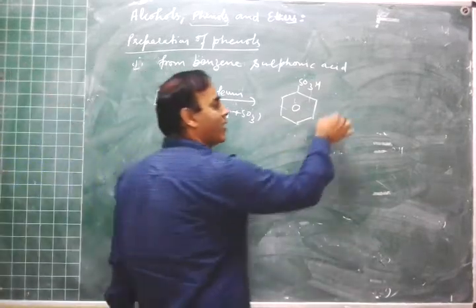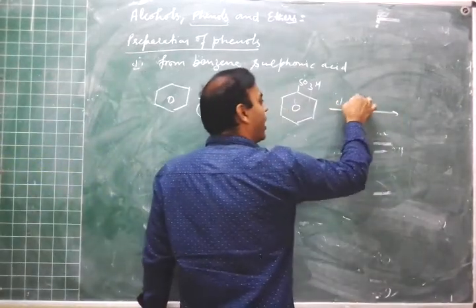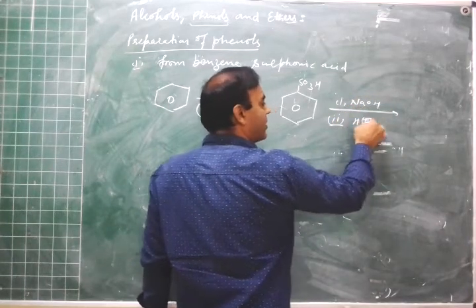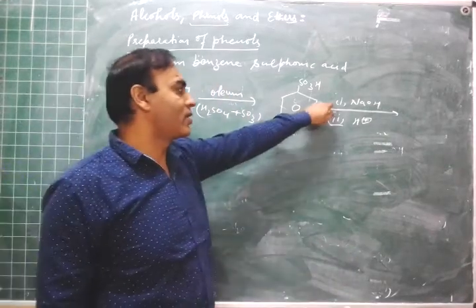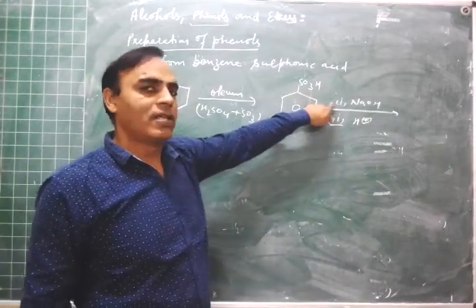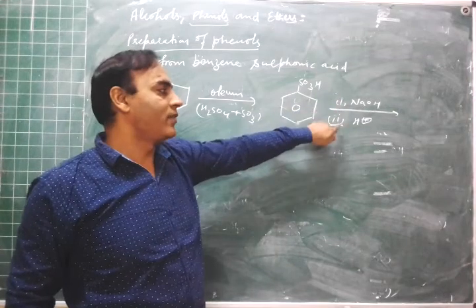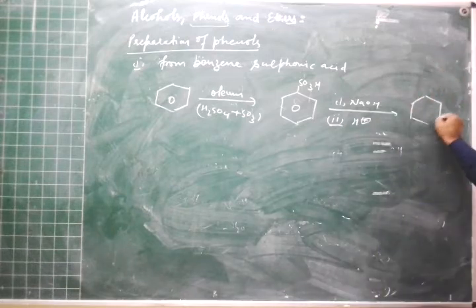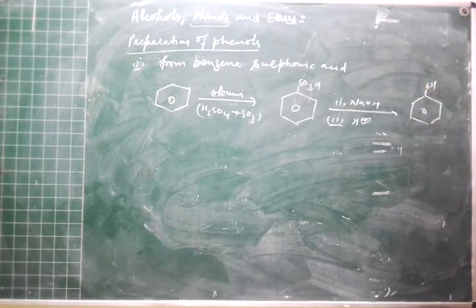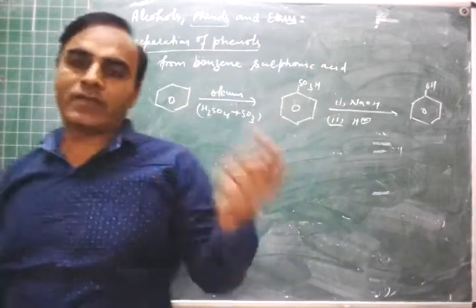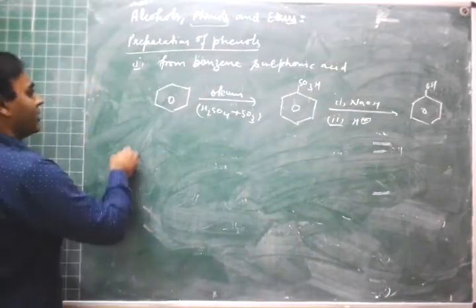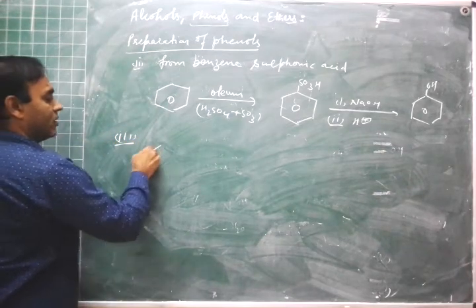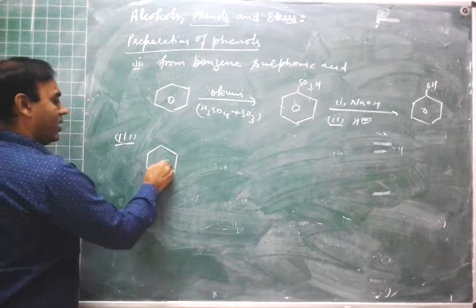It is then reacted with NaOH and with H plus ion, that is, with acid. That is, first the reaction of this compound with NaOH, and then the product formed is reacted with some acid. So this will give the phenol, right? Now next preparation is from aniline. This is second, and this is third. That is aniline. Aniline is what?